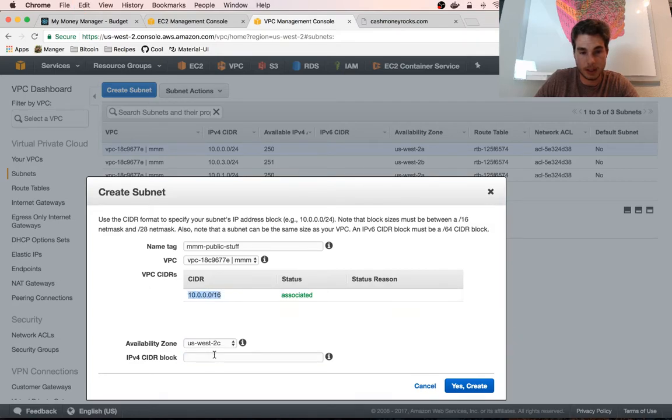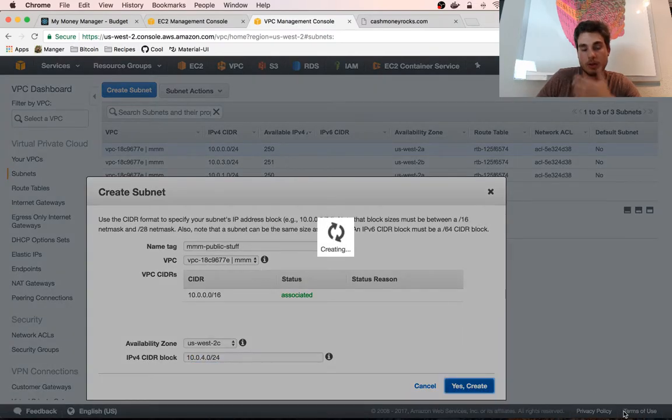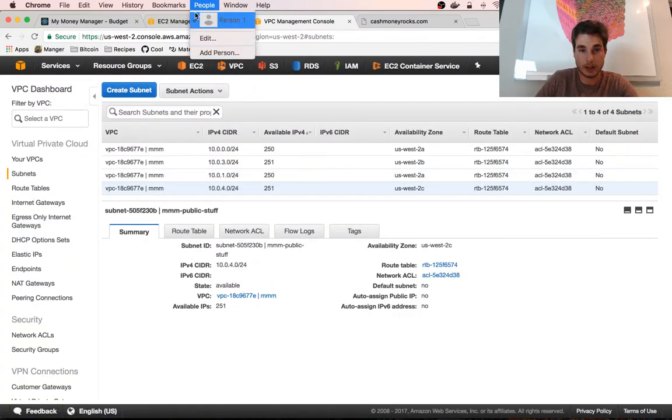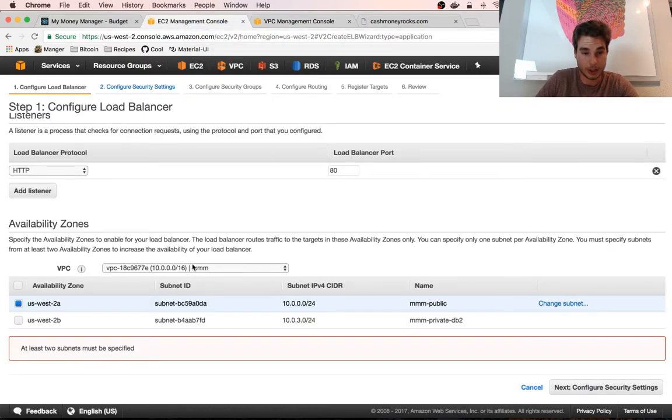But we're going to do this CIDR block, which is going to mean anything that starts with 10.0.4. CIDR, CEDR, I don't know. Whatever. Cool. So there's our new subnet, and now we're going to go and